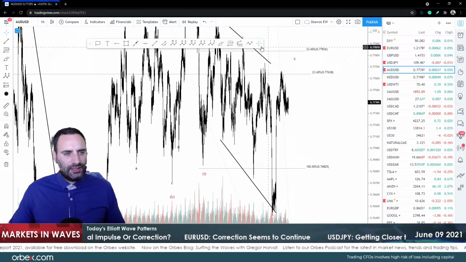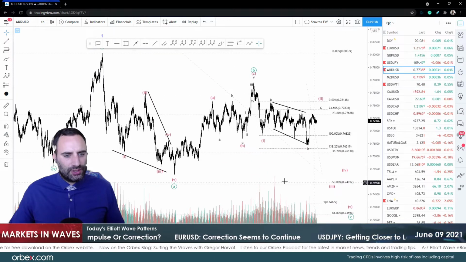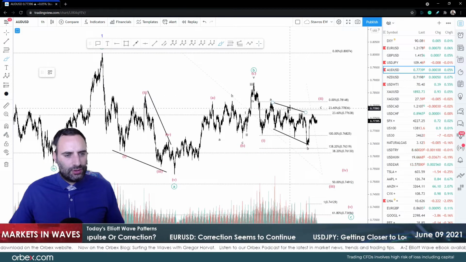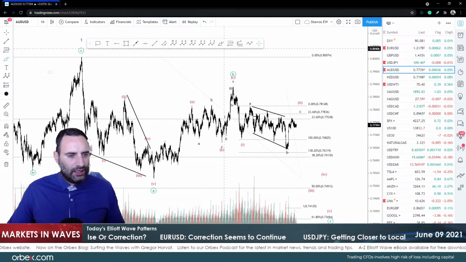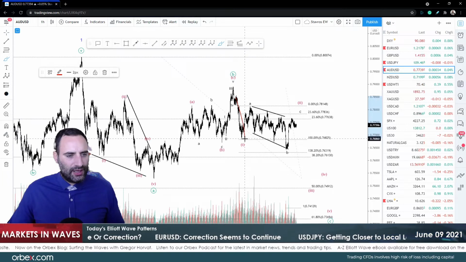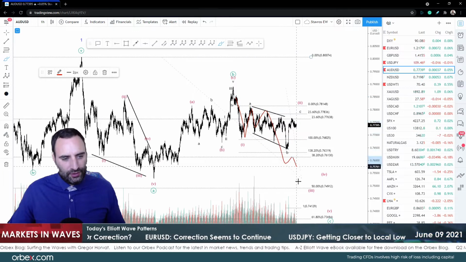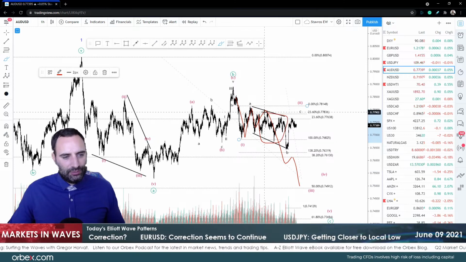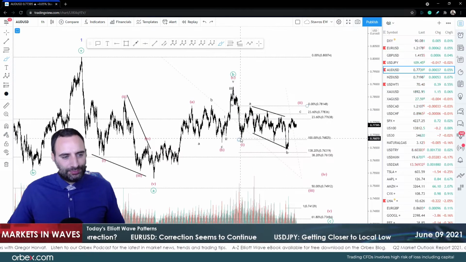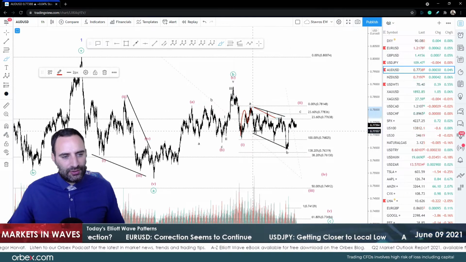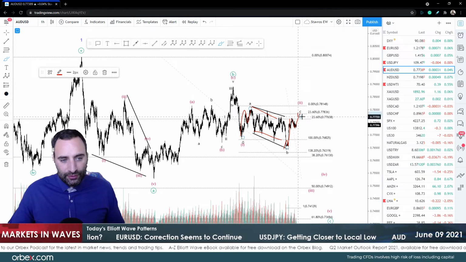Now on Aussie against dollar, I've just looked at a potential change over here due to the structure that has developed since the last time we looked at the Aussie against the dollar. We were expecting 1 and 2, and I was expecting 1, 2, 3, 4, and 5. However, with that being done now, corrective obviously, it looks to me like a clear ABC, a triangle in wave B, and 1, 2, 3, 4, and 5 for a running flat.